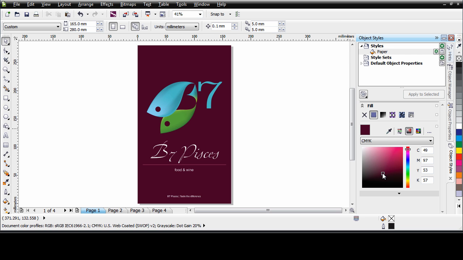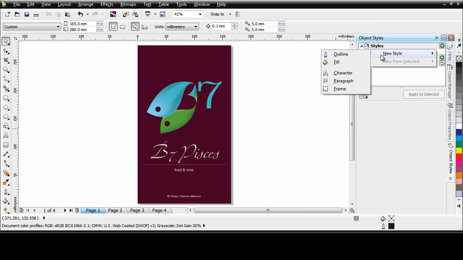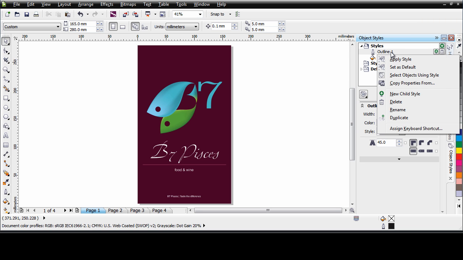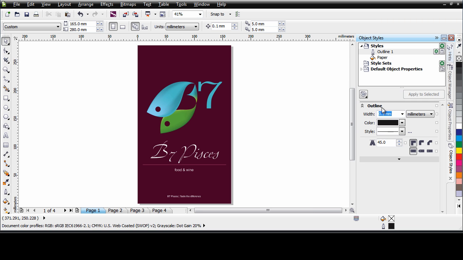Now that the Object Styles docker is open, another way we can create a style is to go straight to Styles. Right click, choose New Style, and I'm going to create an outline style. I'm going to right click on my new outline style, go to Copy Properties From, and then click on the object that I want to gather those properties from. And here they are here, the outline properties that are now associated with this style. Click in here again to rename, and I'll call that line. And as with the paper style, we have the little pen alongside of that style letting us know it's an